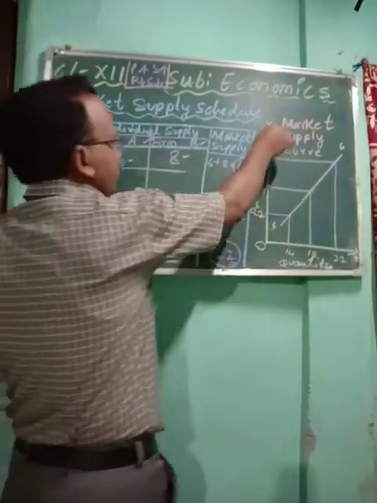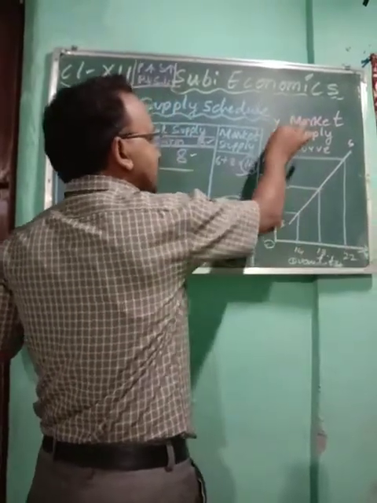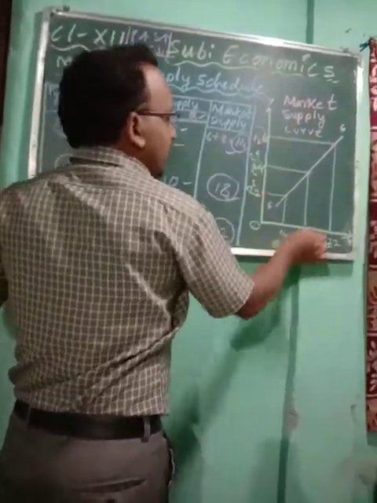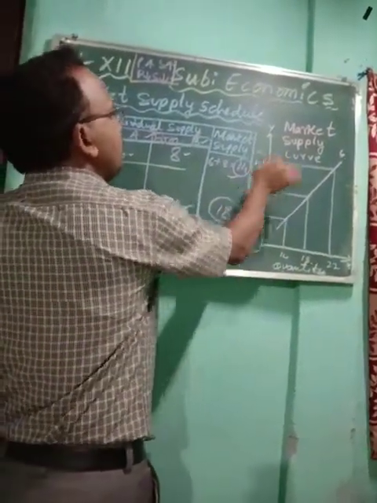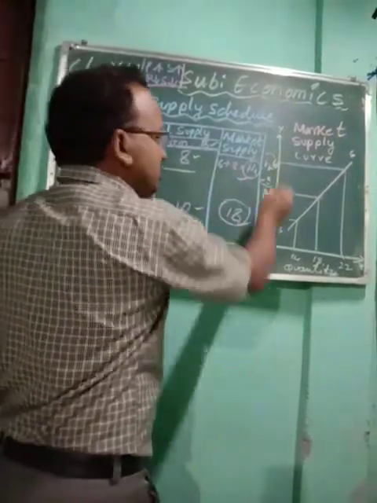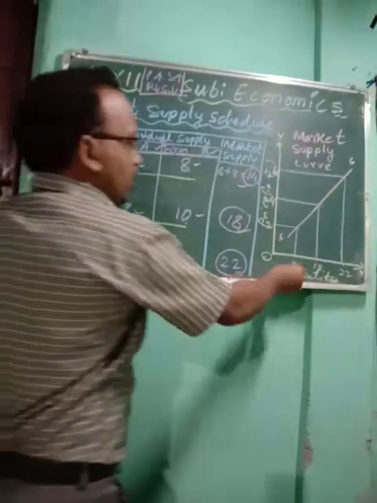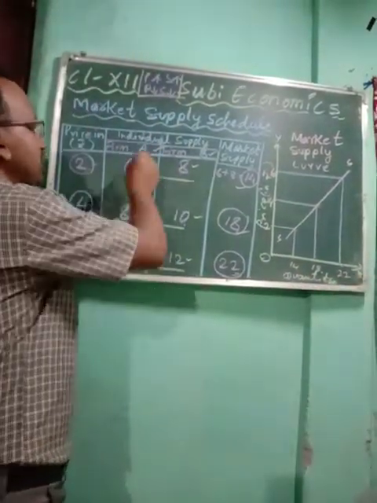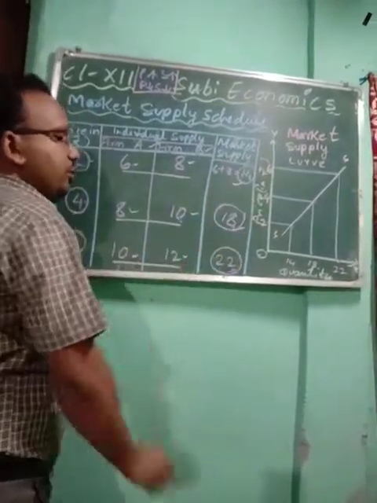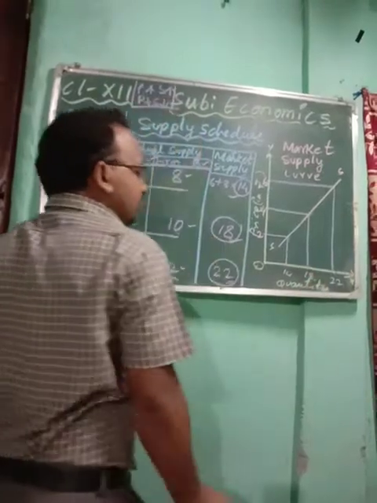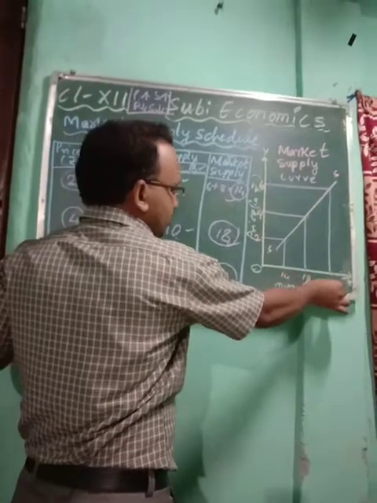Okay, now when you prepare this graph, on the y-axis you will write price in rupees, on the x-axis you will write the quantity. Okay, for the 3 prices, you take 3 equal distances, so the price should be mentioned in ascending order. 0, 2, 4, 6. Now for quantity you are not going to take the individual supply, you are going to take the market supply, so you are going to take 14, 18, 22, keeping an equal distance. This quantity also you have to mention in ascending order, so 14, 18, 22.